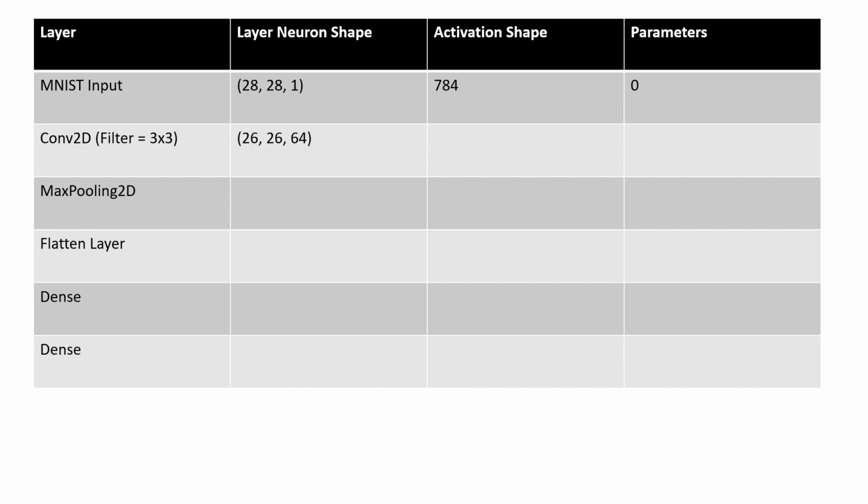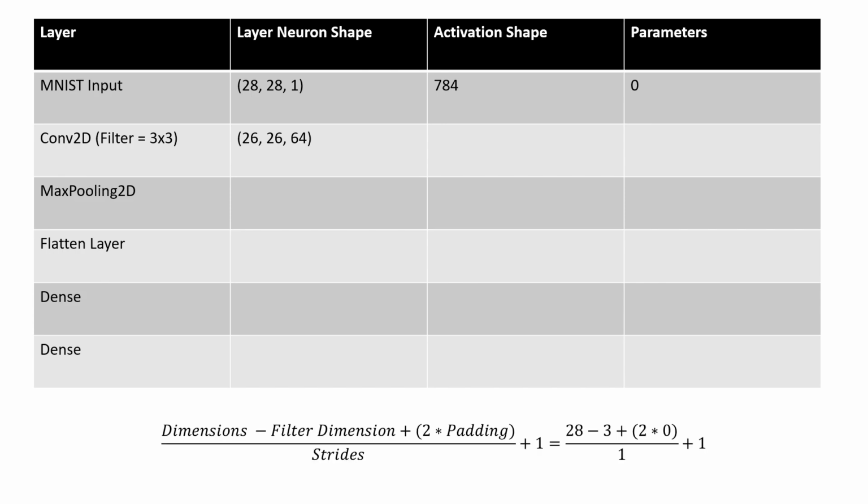After the convolution, you know this algorithm. I have discussed it in the past, but even today I'll tell you. The way we calculate this is, we take the input, that is 28, minus 3, the size of the filter, and padding is 0, divided by strides, that is 1, plus 1. So we get a 26 by 26 convolved image. This is where the filters are learning the parameters, and the dimensionality becomes 64. So 26 by 26 into 64. 64 are the channels where the convolution is stacked.